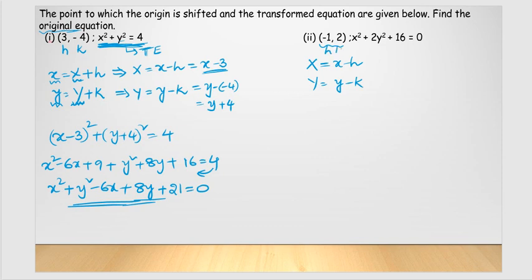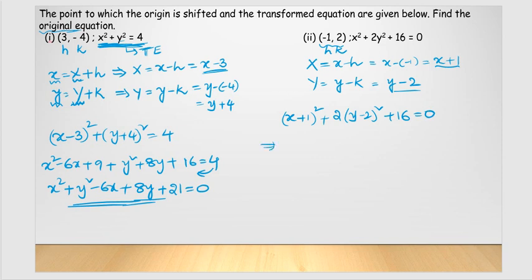So this is nothing but h, this is k. When I substitute, x minus of minus 1 gives me x plus 1. Next, capital Y is equal to small y minus k, so that is small y minus 2, right? Now I need to substitute these values in the given equation, which gives me x plus 1 whole square plus 2 times of y minus 2 whole square plus 16 is equal to